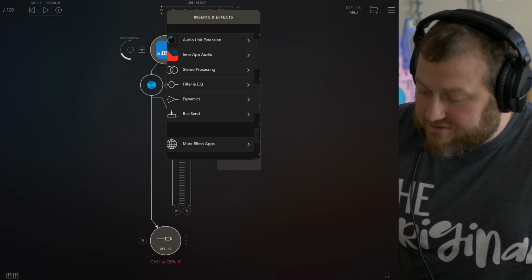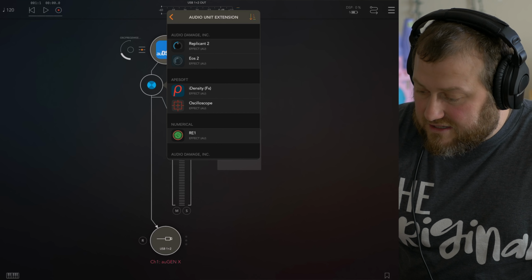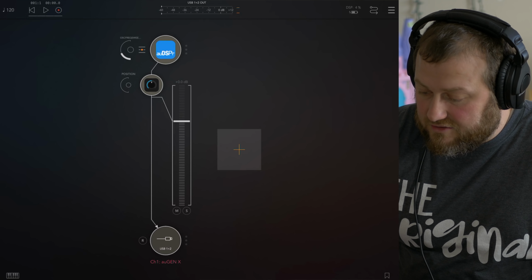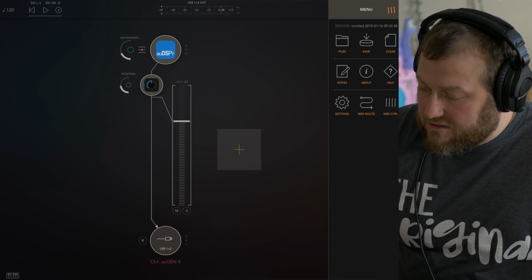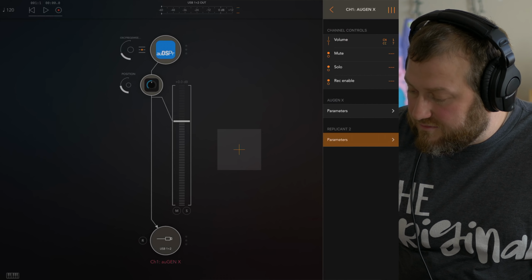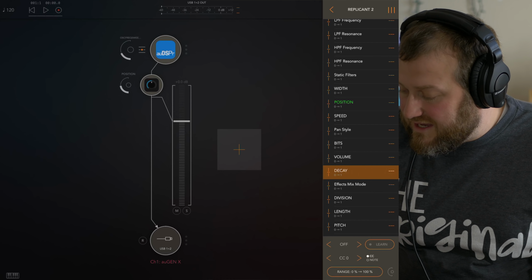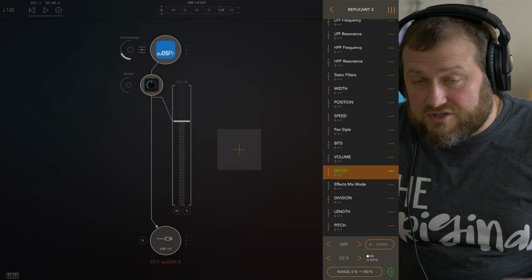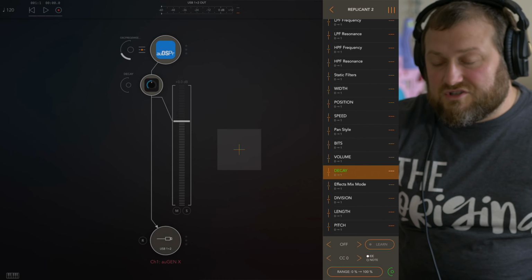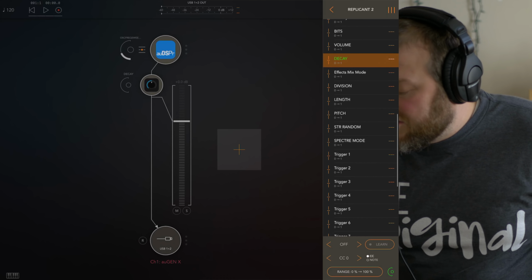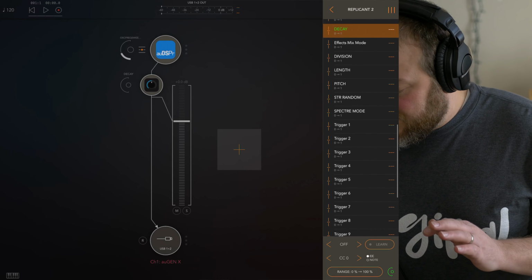If I open up, say, an audio unit, like maybe Replicant, it's got the position, but maybe I don't necessarily want it to be the position. Maybe I want it to be mix mode or decay. And so then I can change that. You can still MIDI learn them, that's fine, but this right here just gives you quick access to a certain